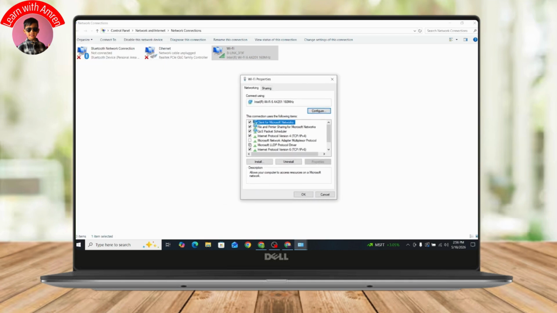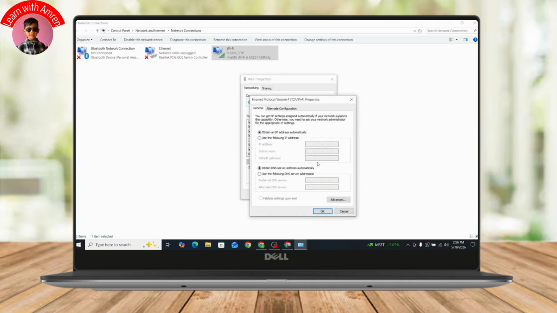And once you click on Properties, you need to go with Internet Protocol Version 4 and then go with Properties again. Now here you have to scroll down and then click on Use the following DNS server addresses, which will be at the bottom. And here you need to enter 8.8.8.8, and then on the bottom you need to go with 8.8.4.4. Once you enter this, just click OK and click Close, and you've successfully boosted your network